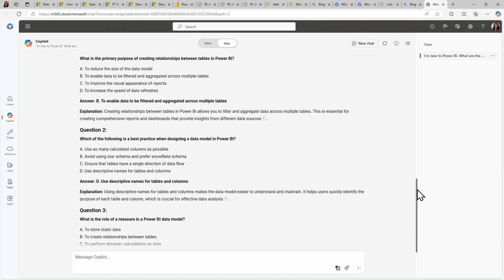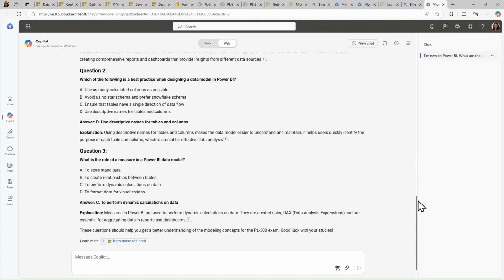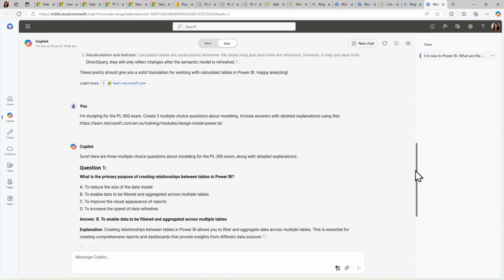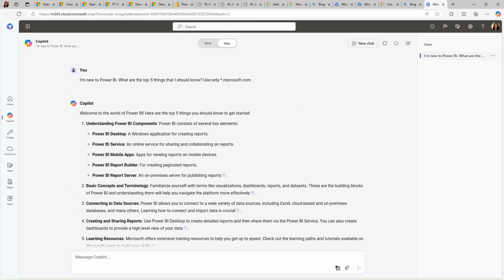And I could query it again, keep talking to Copilot about the answer and why that answer was correct. Maybe I could ask it also, why are some of these answers correct and the others wrong? And give me an explanation for all of those, why this is correct and why this is wrong. So that's another way to work with this. And then you can copy this information and put it into your own words, so you have a running list of questions to help quiz you and prepare you for the exam. You can also, of course, compare and copy what you've typed before.